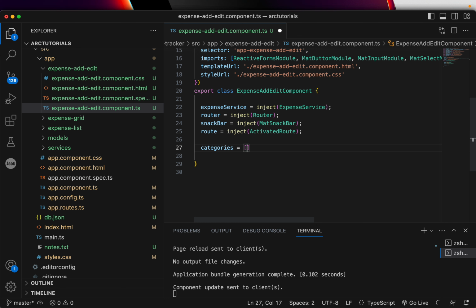I'm going to have an array of categories. This is nothing but, again, I'm putting a static list, but you can make an API and get that data. This is to track